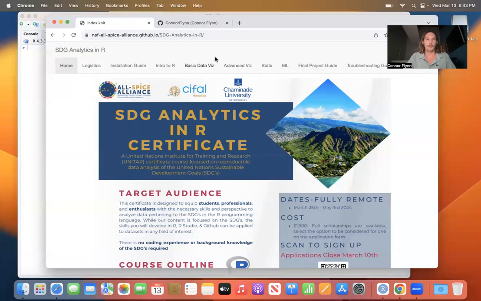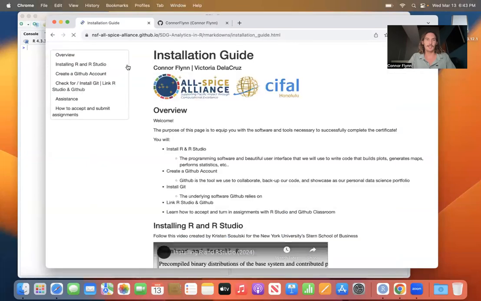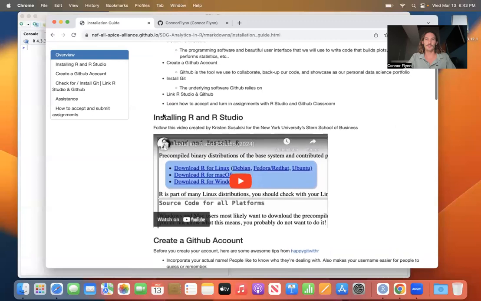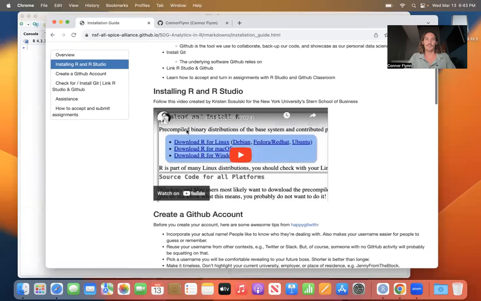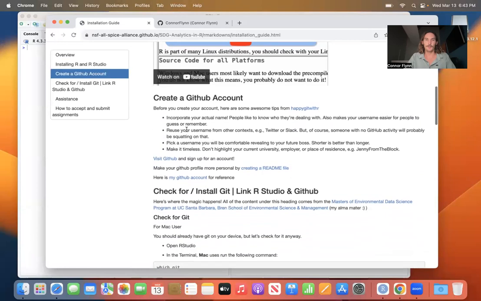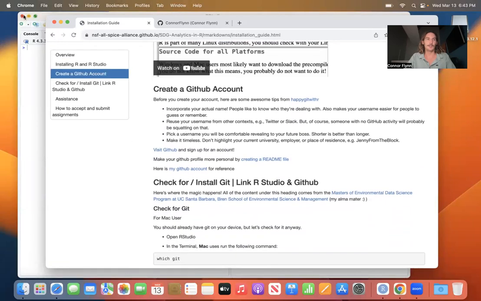So I have two things open. I have the homepage of our SDG analytics website. I'll navigate over to the installation guide. And if everything went smoothly with installing R and RStudio and creating a GitHub account, you should be ready for this video. So if you installed R and RStudio correctly,